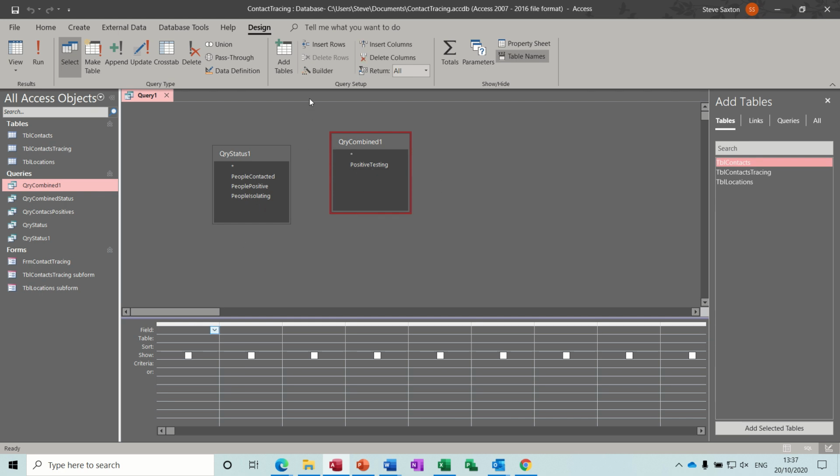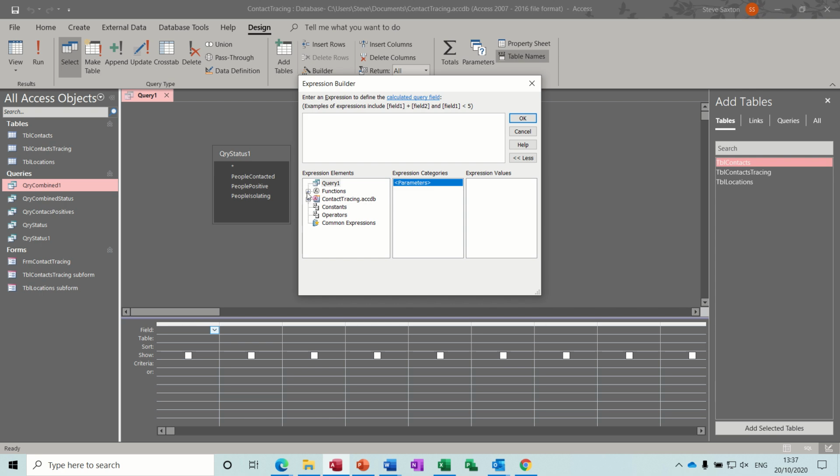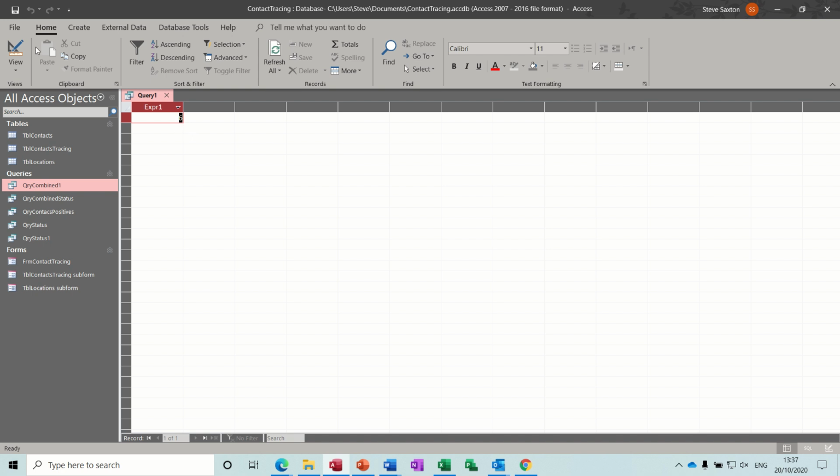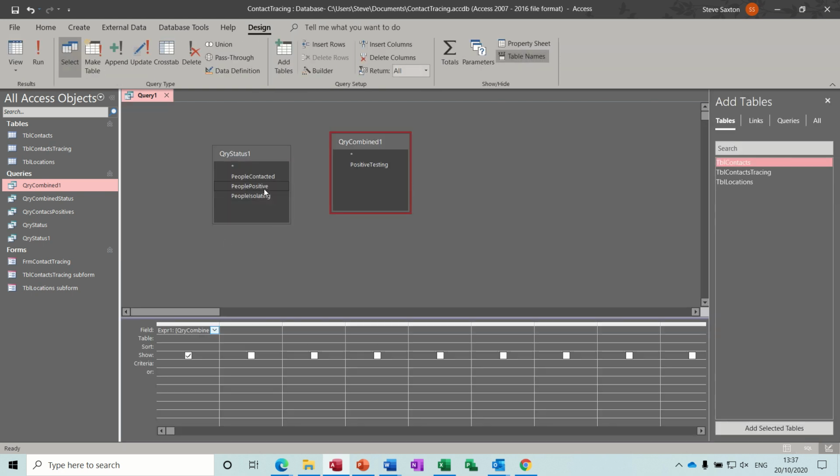So I'm going to go into the expression builder and I'm going to go queries. So query combined positive testing, doing a plus sign, and query status 1 positive. Okay, if I just run that, it says 6, which is correct. There's 6, and then I can just add contacted on this query and isolating from this query, and that works anyhow because these two are only in that subform, this table, and this positive is in that table. Now if I run that,